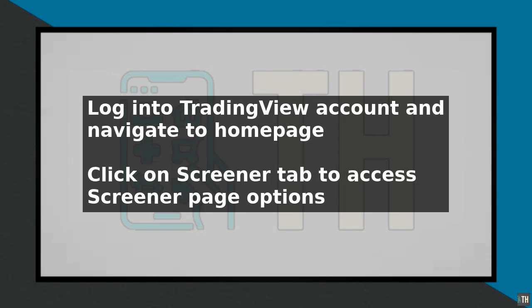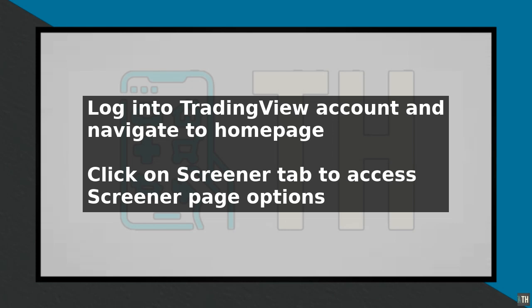To open a Tradingview screener, start by logging into your Tradingview account and navigating to the home page. Locate the top navigation bar and click on the Screener tab. This will take you to the screener page where you can choose from a variety of pre-built screeners or create